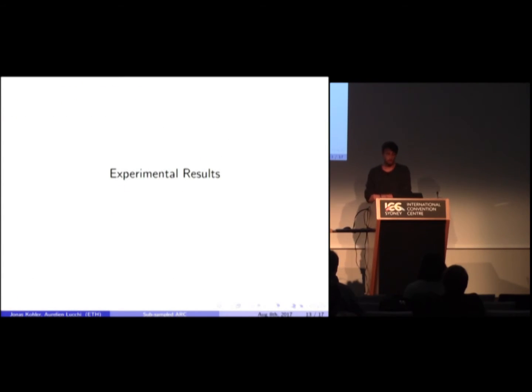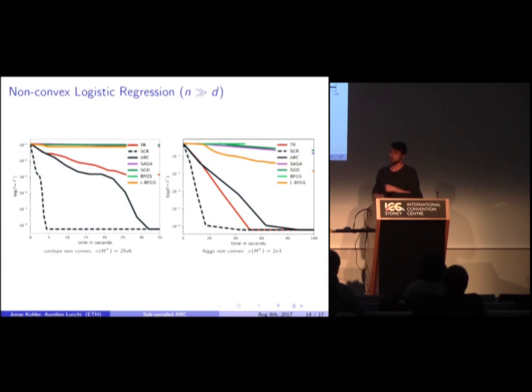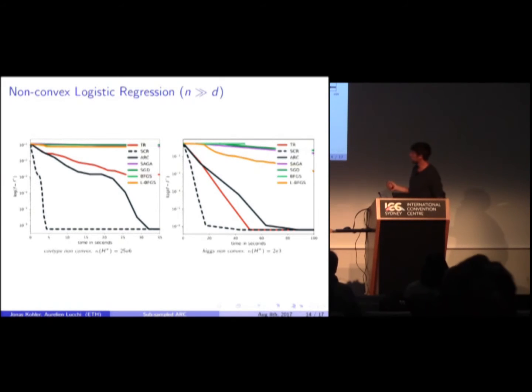Yes, experimental results. We tried a logistic regression, but specifically added a non-convex regularizer to add saddle points and so on. The first one is where n is far bigger than d, and d is fairly small. So here this is covtype and Higgs, two common libSVM data sets, and we benchmarked all kinds of methods. The dashed black line, that's our method. The red and black ones, that's ARC and trust region. And then on top, here I have LBFGS, SAGA, SGD, and BFGS. And this is over time, log suboptimality. And you can see that the first order methods, for these small dimensional problems, actually take way longer to